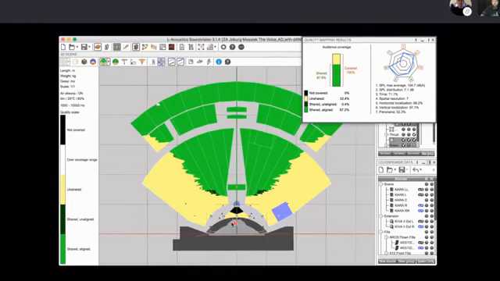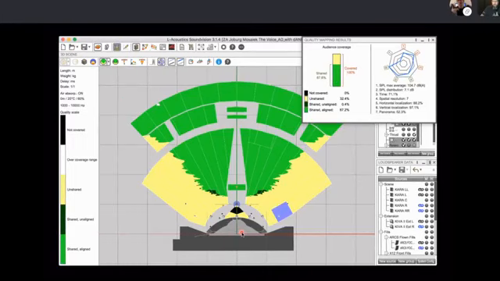So it was a center cluster of speakers that fanned out to all the seats as the room is designed. So the focal point where the pastor stood, that's where the sound comes from. So there's some merit in that design philosophy. But they've since gone away from that sound system, but the bulkhead is still there. So that was one of the design challenges we were faced with in this particular room.